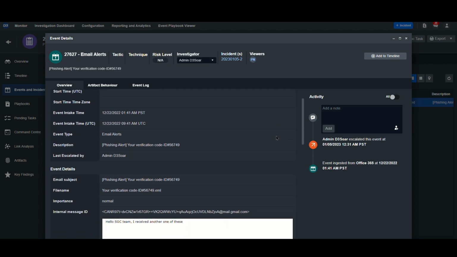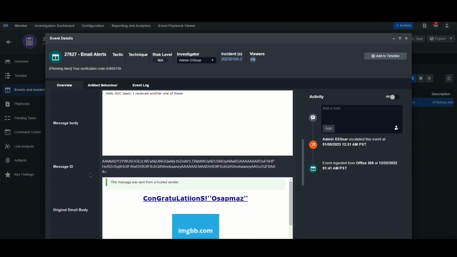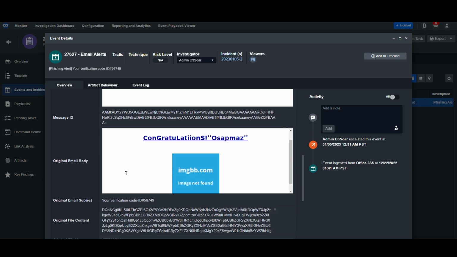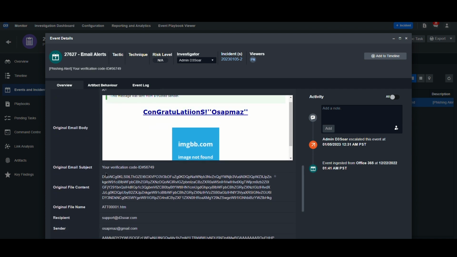So in the event overview, we can see a summary of the information. This email was downloaded and included as an attachment to our administrative inbox, where an employee says, "Hi SOC team, I received another one of these." By scrolling down, we can see the original email. Obviously, this looks very strange. The original email subject line,